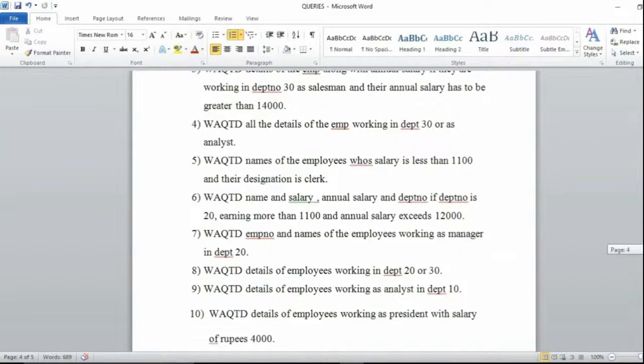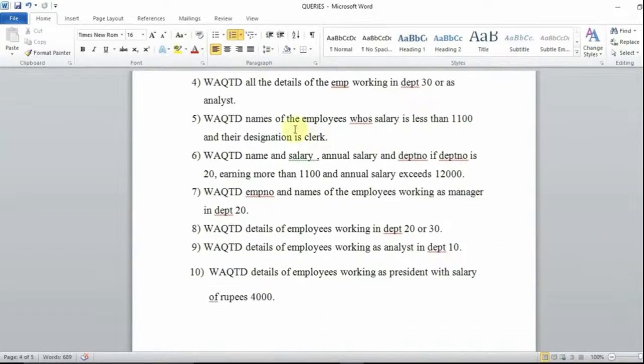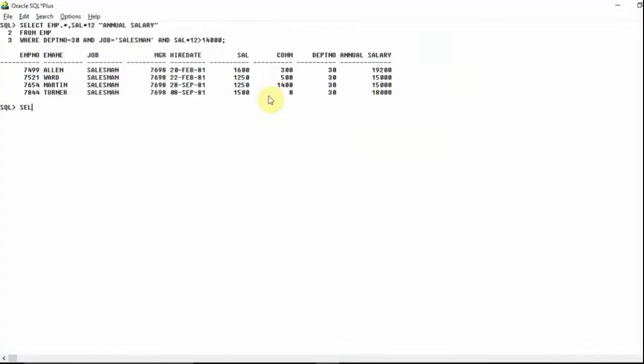Now let us move ahead and try to solve the fourth one. Write a query to display all the details of the employee working in department 30 or as analyst. So either they should be working in department 30 or they should be working as analyst. Okay, so what I can do is if they are asking for all the details, then I can simply write